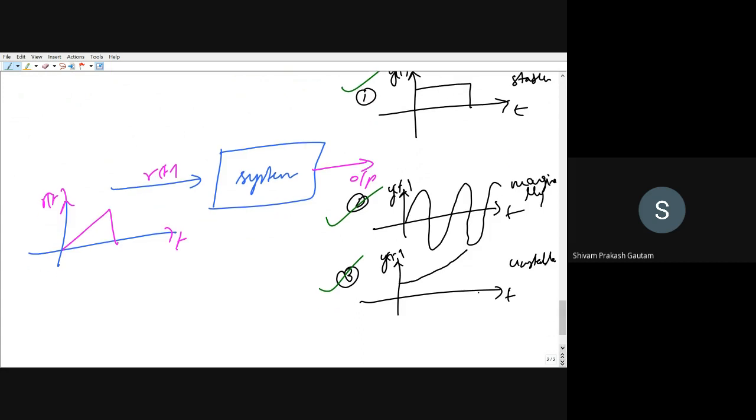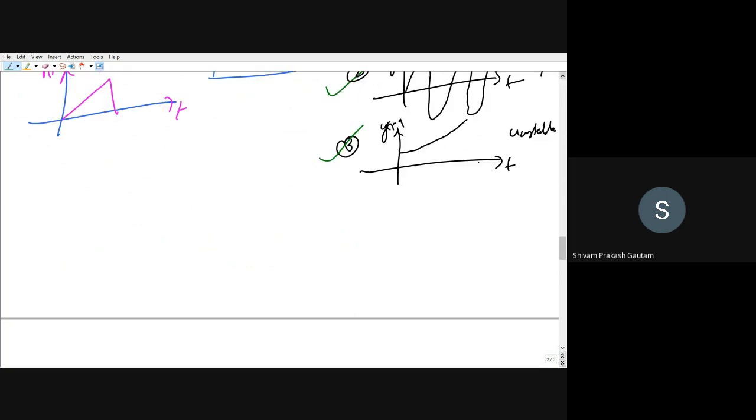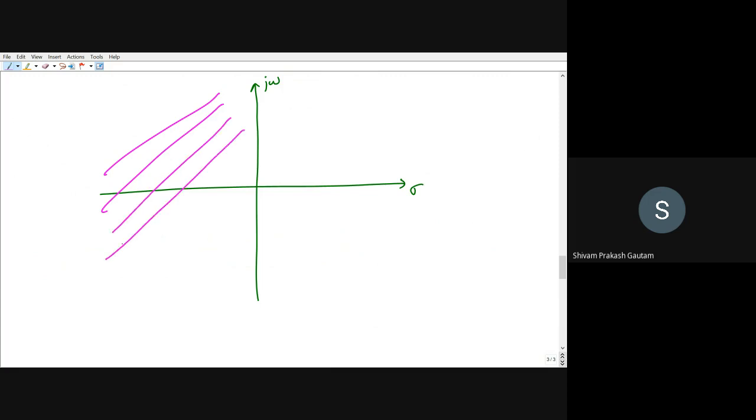Now for proving this condition, you should have knowledge about the system, and you should provide a certain input and observe a certain output. You can use simulation such as MATLAB or any other simulation tool. But other methods are also available for determining the stability of a system. Let's suppose you have knowledge of poles. Let's suppose we have an S-plane, and if all the poles are lying on the left hand side of the S-plane, then we can say that the system is a stable system.